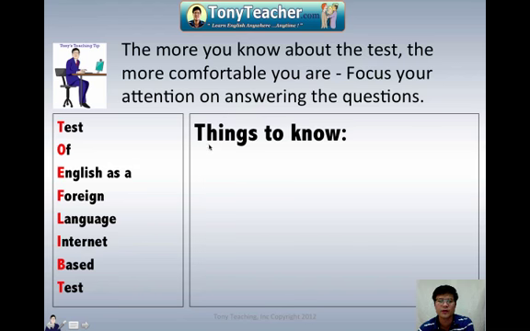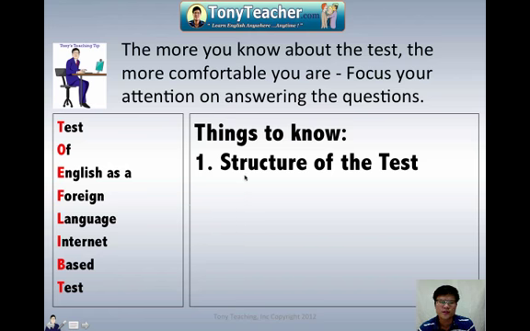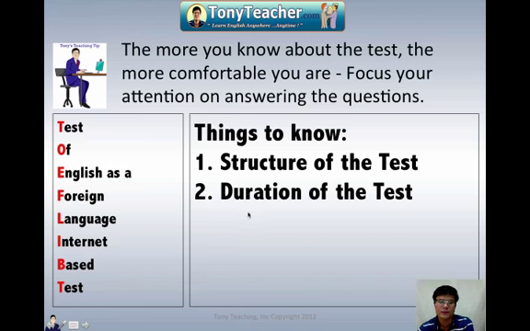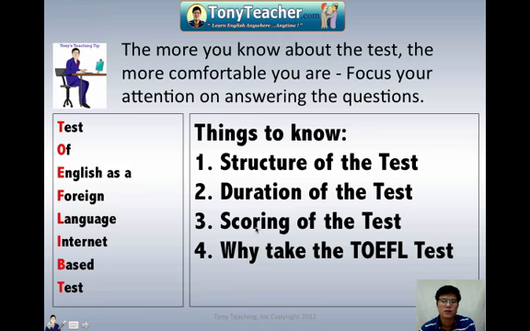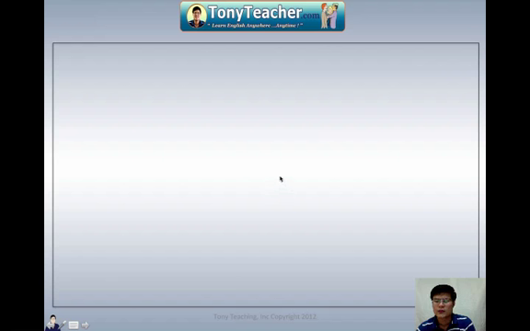Simple. Things to know. You should know the structure of the test before you do it. The duration of the test, so how long it is. Scoring of the test. Why take the TOEFL test? And then, once you know that, you need to know, now what do you do? Next,